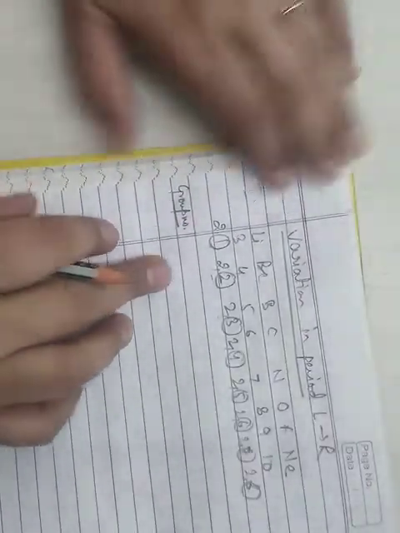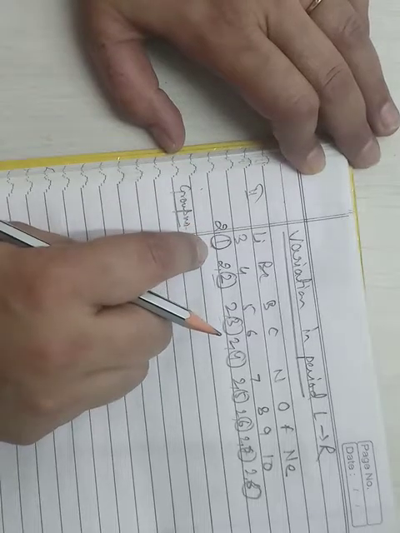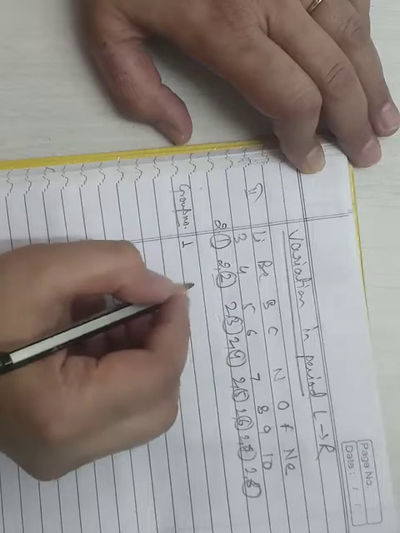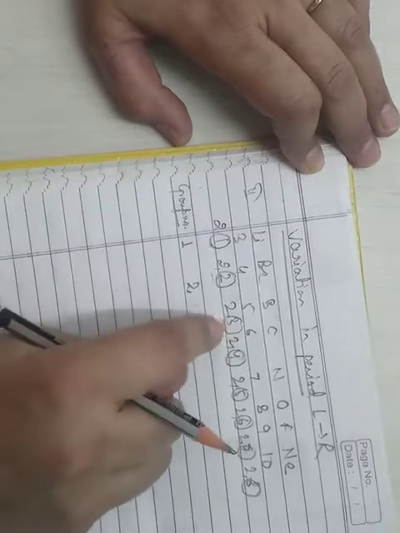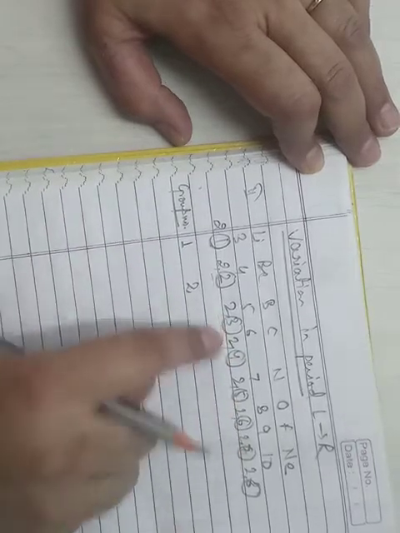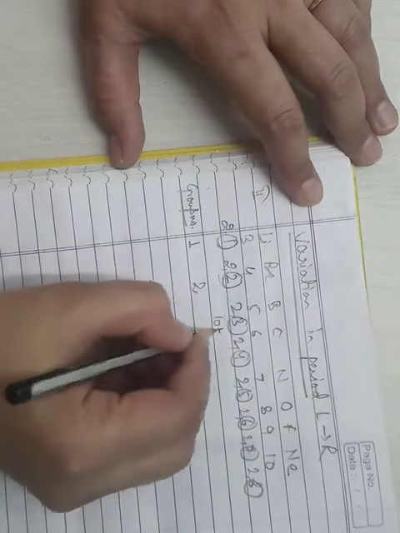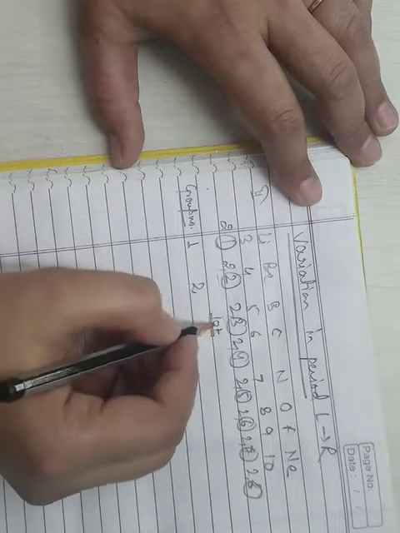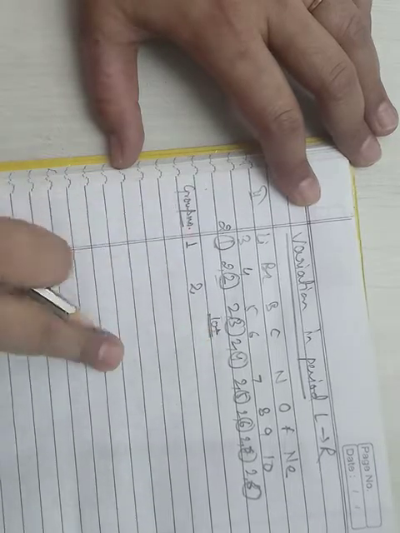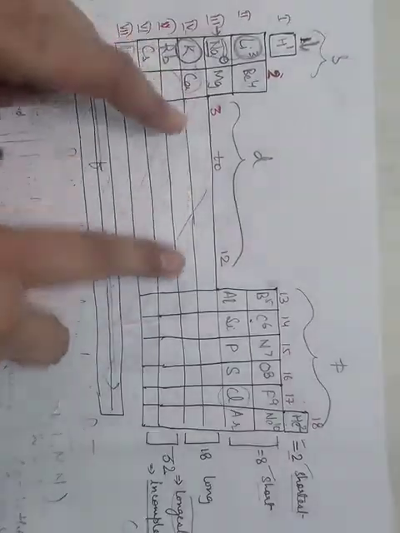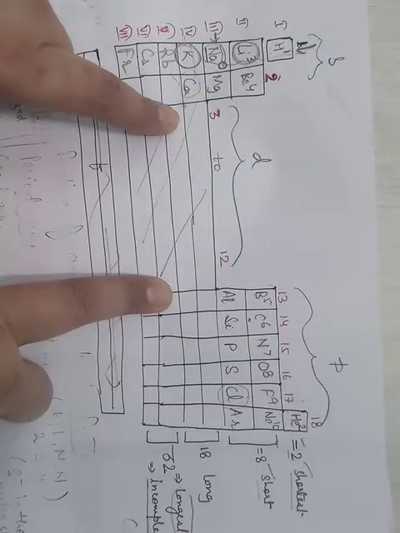Now according to the rule, this has 1 electron in the outermost shell, so this is group number 1. 2 electrons in the outermost shell, this is group number 2. Now more than 2, that is 3 to 8. When these are the valence electrons, what will you do? You will add 10 to this, right? You will add 10 and you will get the group number. Why are we adding 10? Because of the 10 groups in the middle, from the outline of the periodic table that I explained, as we have seen, these 10 elements we are not counting.